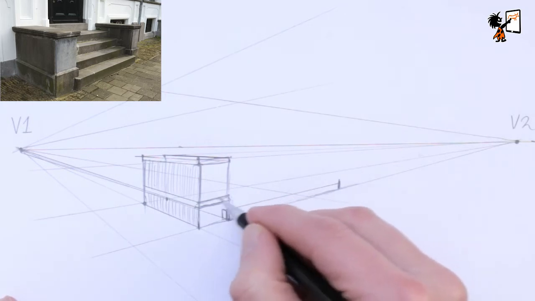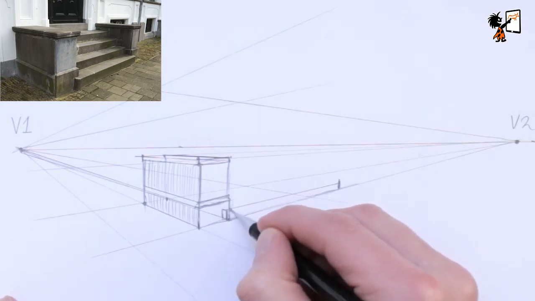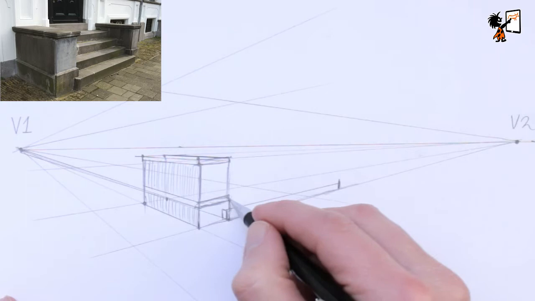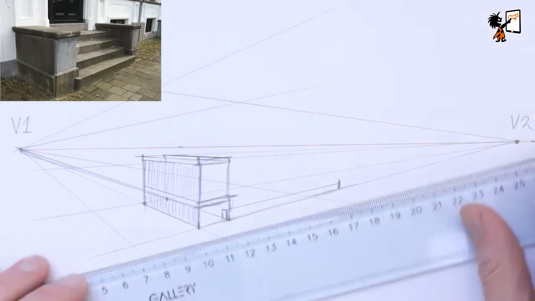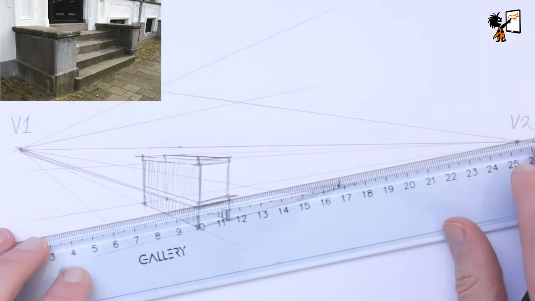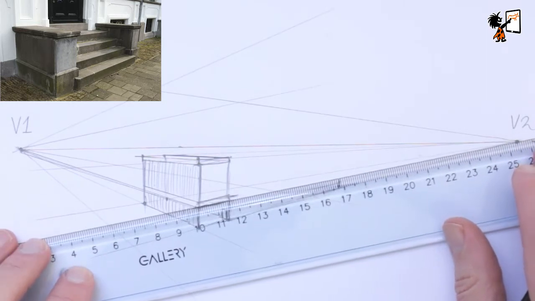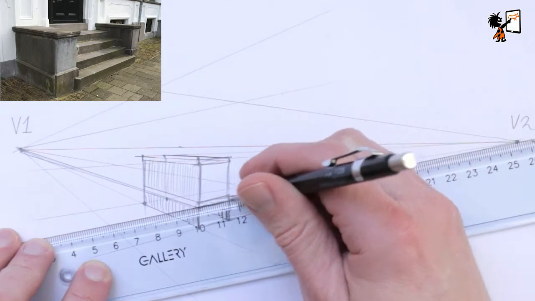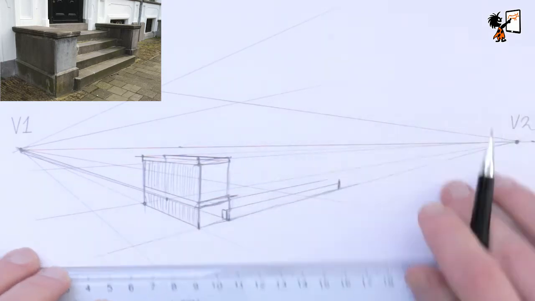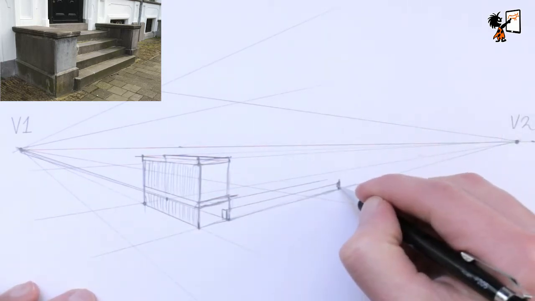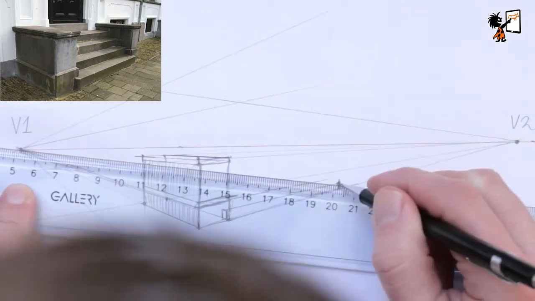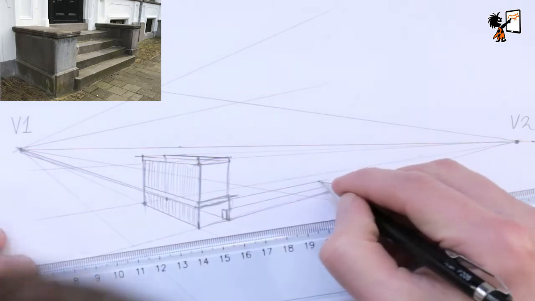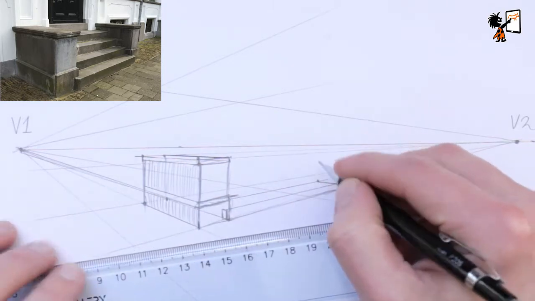Now I check where the upper side of the first step is, then I grab the ruler and align it to the right vanishing point. Use the left vanishing point to draw the top view of the first step. Now align the top of the first step with vanishing point number 1. Then draw a straight line up